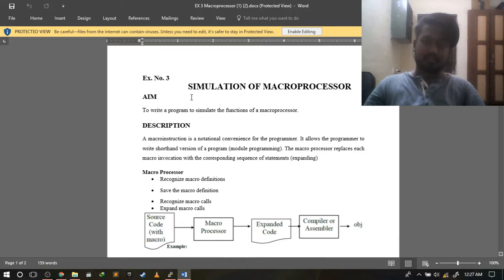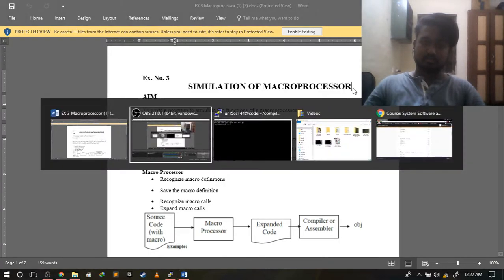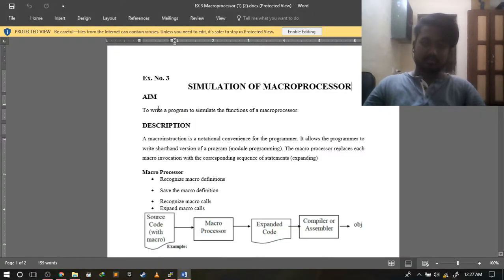This is my third experiment in compiler lab. This is a simulation of a MacroProcessor. So in this I'm going to show you how